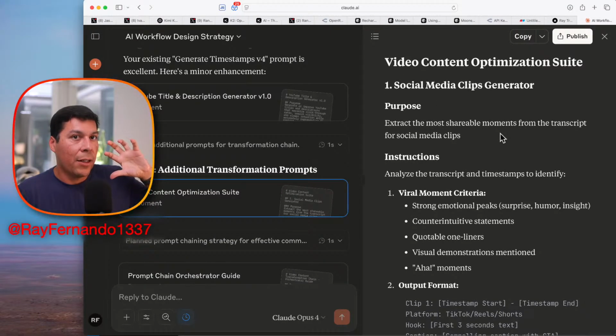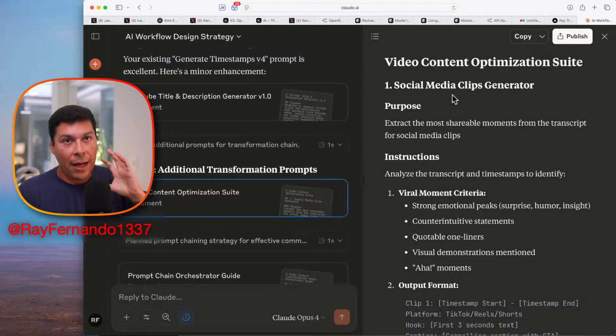So this is actually where I haven't told anyone yet, but you're actually getting a sneak peek of this because y'all are real ones for staying on the stream, by the way. I'm going to generate like social media clips. So this is like how I transform the data just from the transcripts